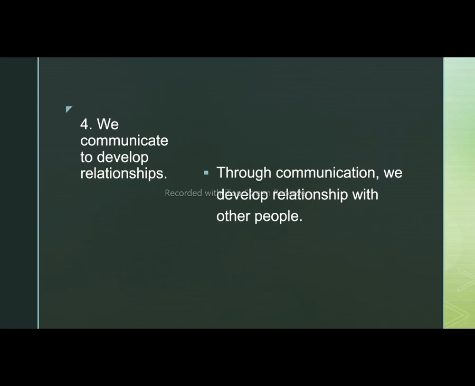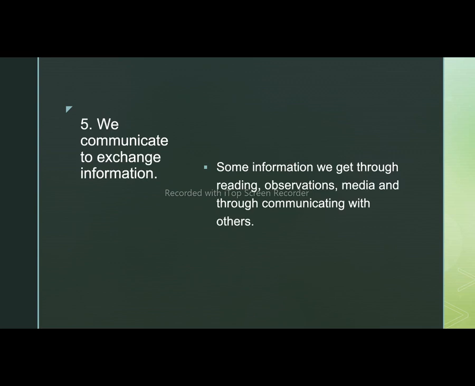That's number 4. Number 5, we communicate to exchange information. Some information we get from reading Facebook, GC, and similar platforms. We also observe people to get information from them. If you saw this person reacted to this, then you are going to know that this person is this kind of person. We also get information from media through communicating